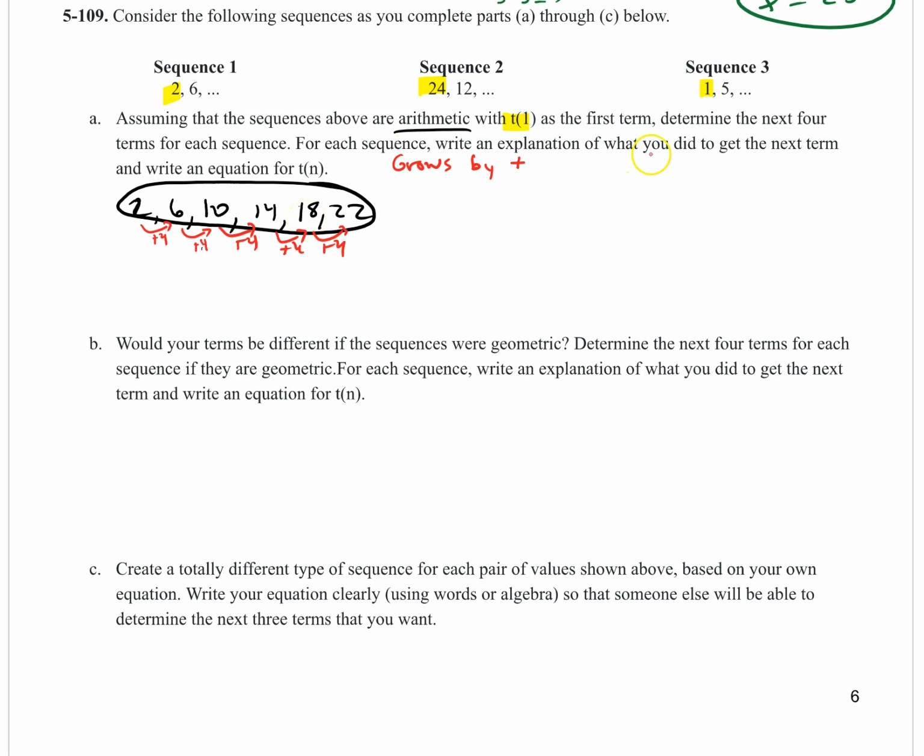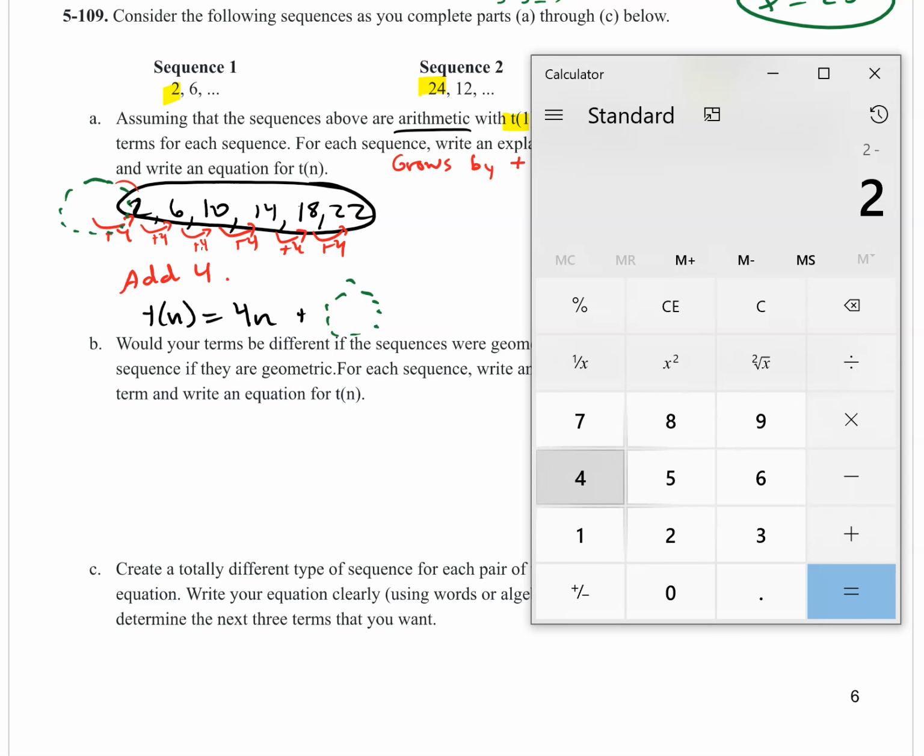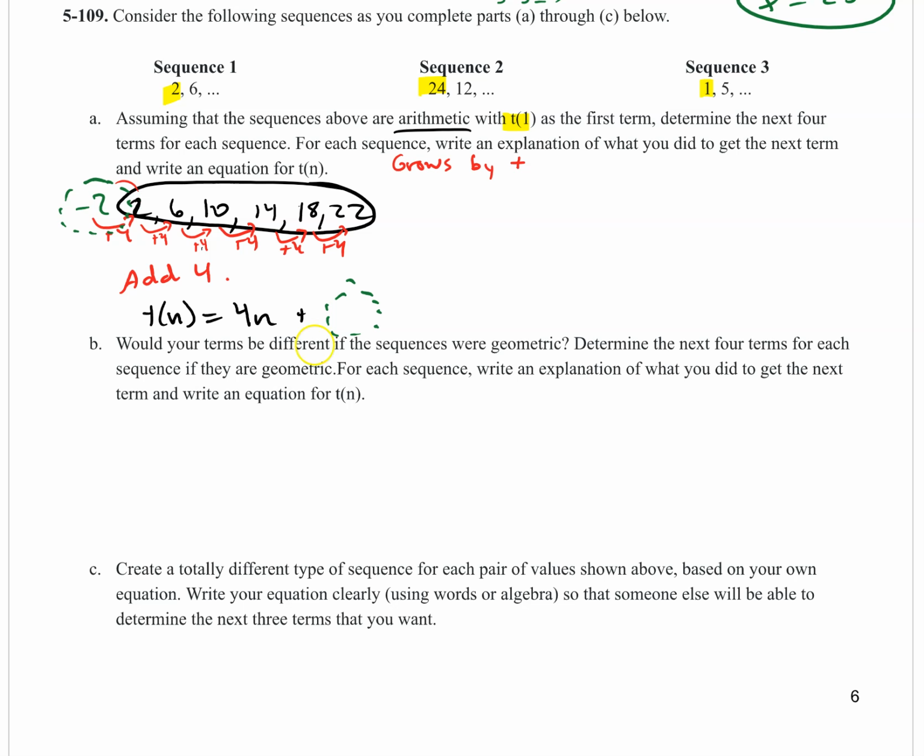Okay, so explanation, add 4, equation, t of n equals 4n plus, we need our 0 term. So if we go back to before the list even started, we have to kind of go back in time here, so let's subtract 4. 2 minus 4 is negative 2, and that's our 0 term. So our equation is going to be